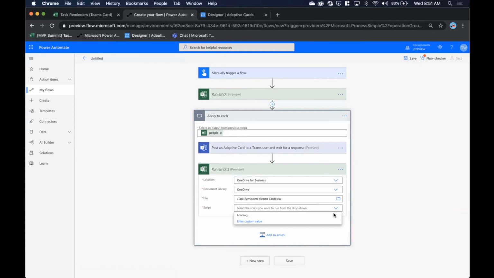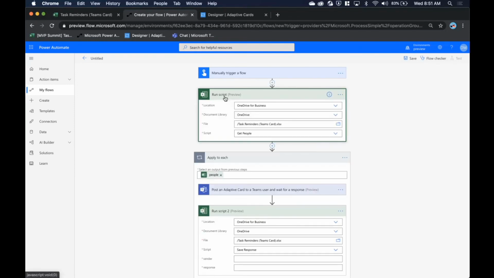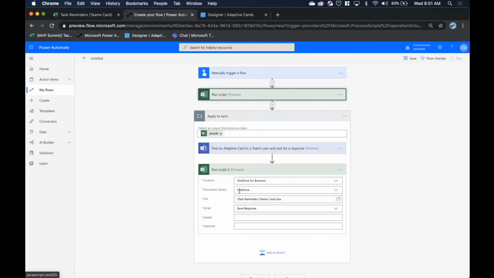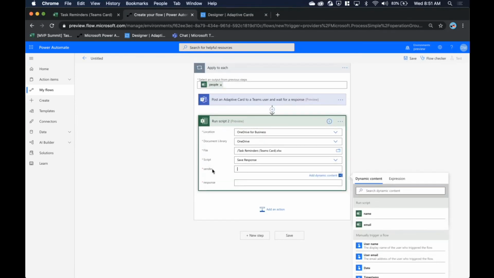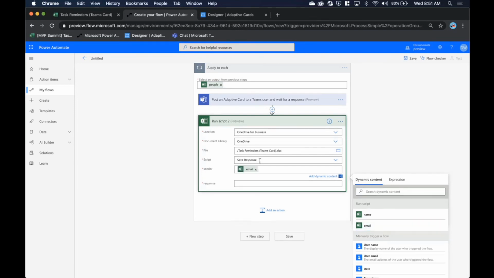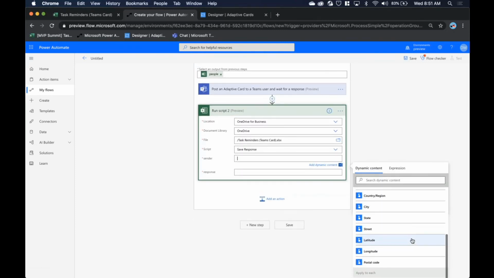task reminders. And then this time, rather than running the get people script, I'm actually going to run the save response script. And this is a good example of a script that can actually accept parameter values. So where the previous script returned an array of people, this one does not return a value and instead accepts values as its parameters before running. So here we know that the sender is going to be the person with the corresponding email from the Teams card. Just to make sure that there isn't anything that might get out of sync, I'm going to try to use the output of the Teams card,